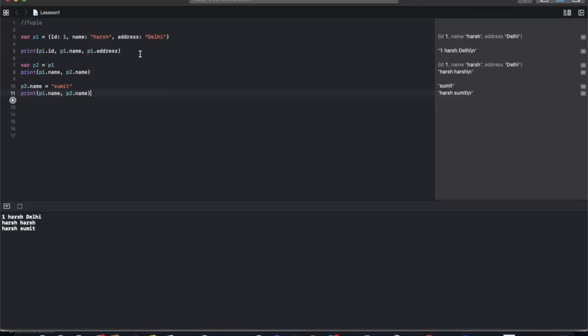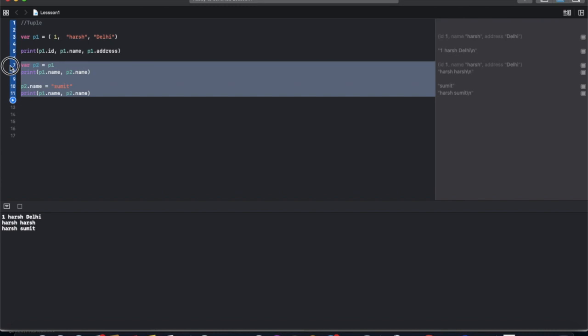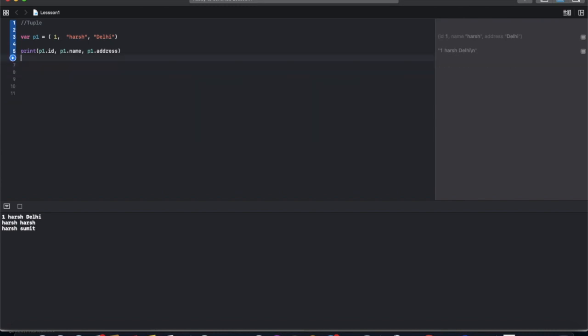If we do not provide any identifier here, like we just provide a tuple with values, it can also be fine, but because we do not name it with an identifier, we can't use names. So we use the index 0, 1, 2, and it works fine with the same values.